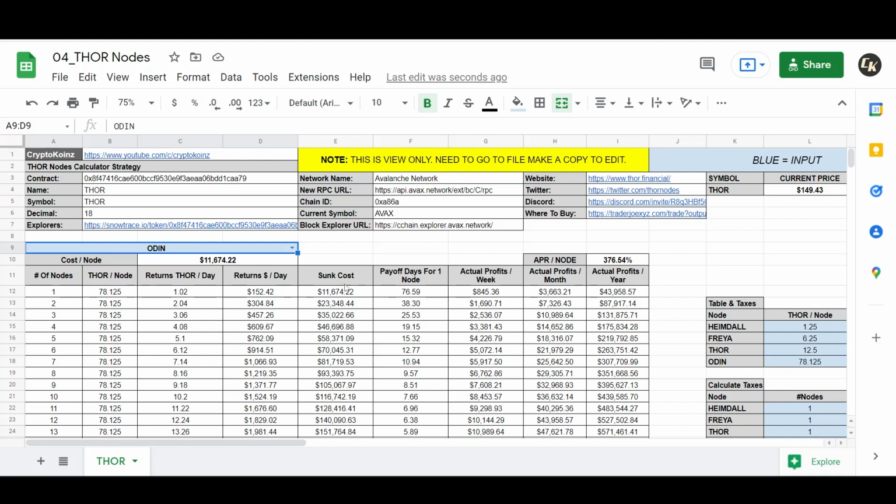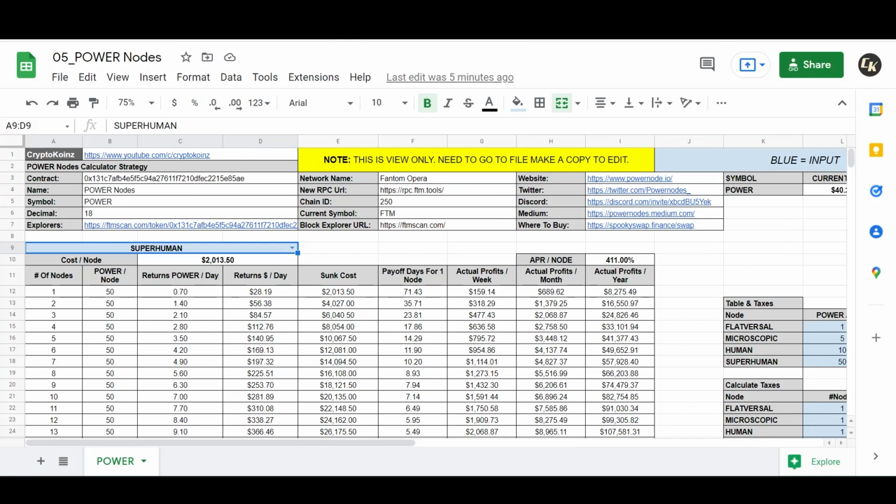And after you pay off the sunk cost here for break even in 76 days, your actual weekly profits are $845, $3,663 per month, and $43,958 per year. So after seeing all these numbers, the best return on your investment with the lowest cost, I